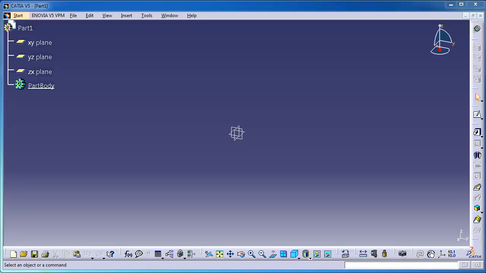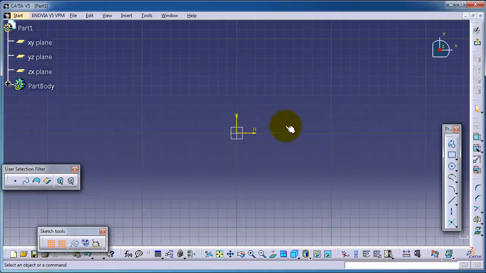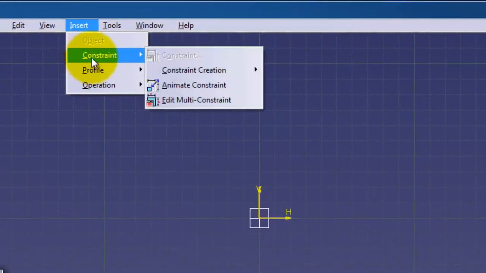Tutorial number 13 in CATIA for beginners. Let's start a new sketch. Going to the Sketcher workbench, and in the previous tutorial we talked about the constraint,